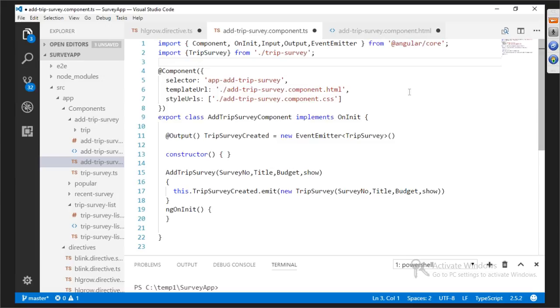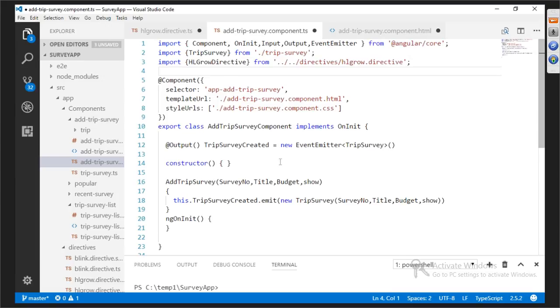I'm going to HTML now. This is my HTML, and now I added HL grow for a checkbox. I added HL grow for a text box. Then I added HL grow for another text. Focus that I am doing, you notice